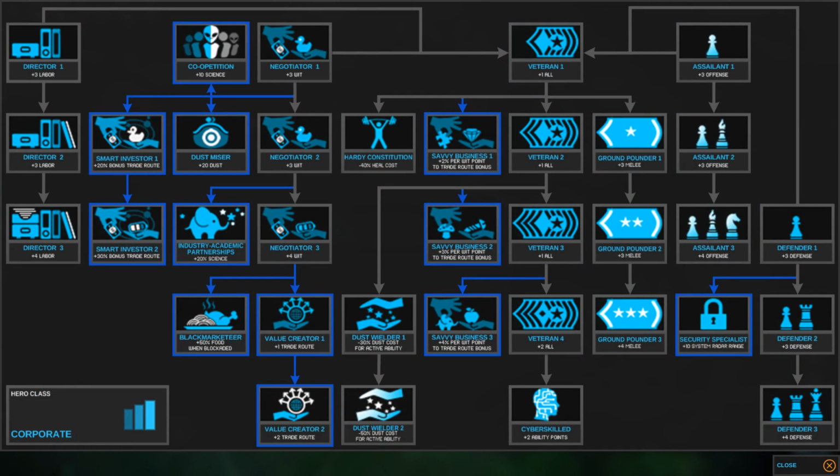Let's take a look at the corporate hero, shall we? Okay, this one's a dead end. It's just plus 20 dust, and that's it. But we could get plus 20% science afterwards. We need negotiator 2 in there, but we're gonna get that anyway. Trades, yeah, so let's get the...